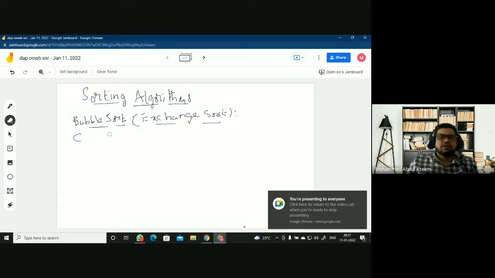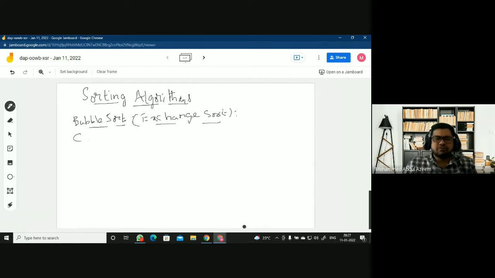Okay. So what is happening here is, first you compare adjacent elements.